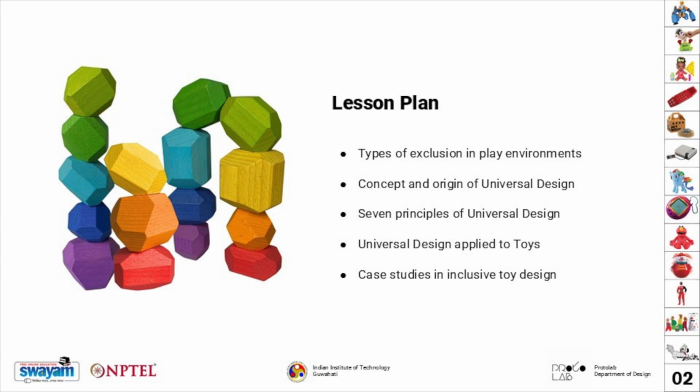Then we will identify different kinds of exclusion in play, not only physical but also social, cultural, and economic. Next, we will introduce universal design as a systemic approach to inclusion, including its origin and guiding